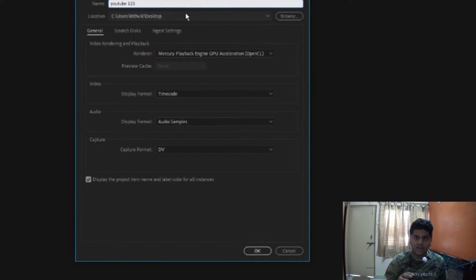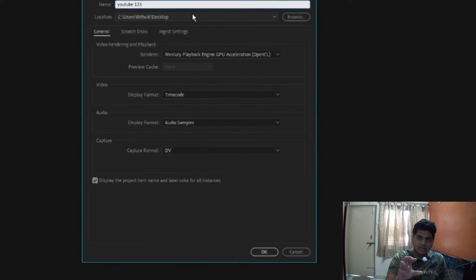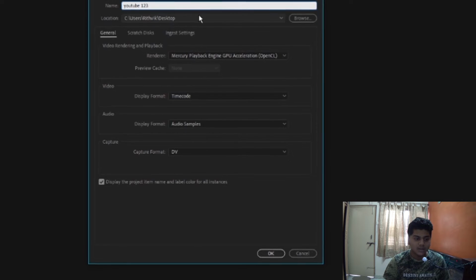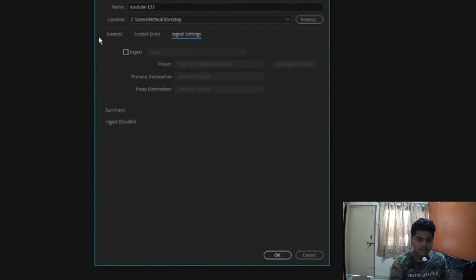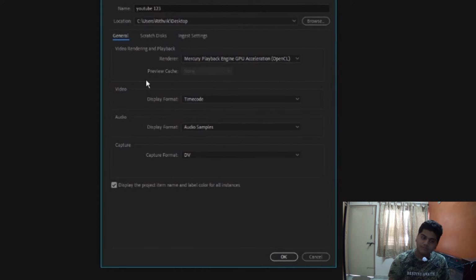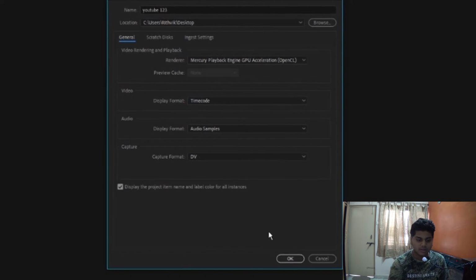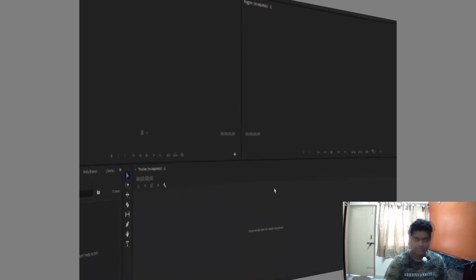Once I am doing my editing and I save, the saved file would be saved in the location that I keep here. You can change it here, and all the other advanced settings you can change here, and you can also change the settings in the project once you have opened it. Once you are satisfied with your settings, just click OK.